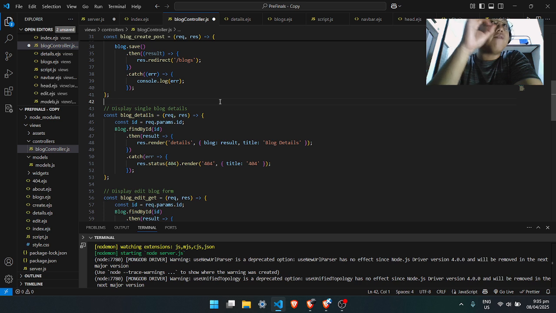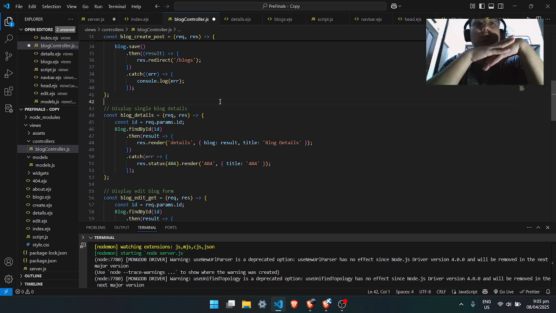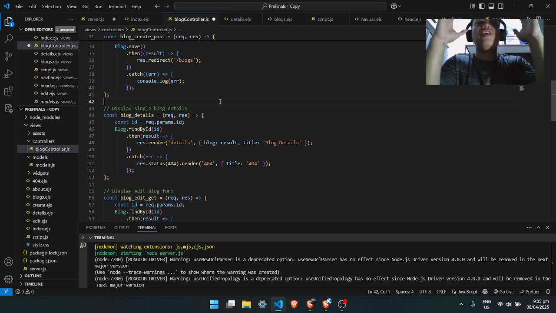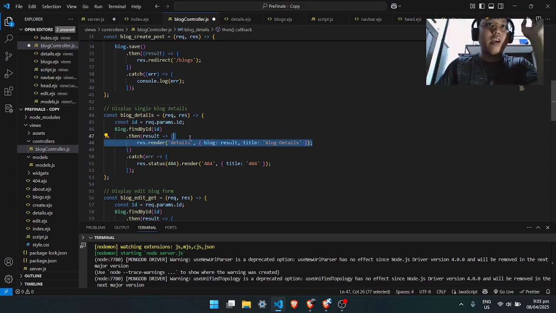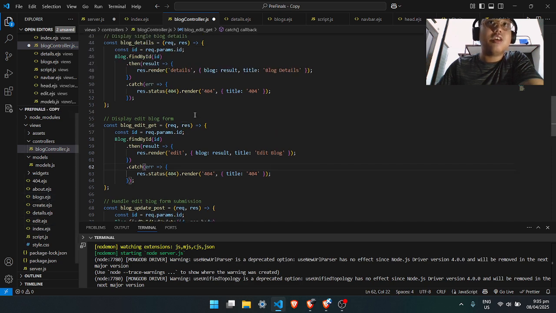That find by ID is actually a function already inside of Mongoose, so it does it automatically, where it finds the ID of the blog, searches it out, and renders the details of the ID. Then for the blog edit ID, also find by ID and render the edit page, the edit details page, simple as that.